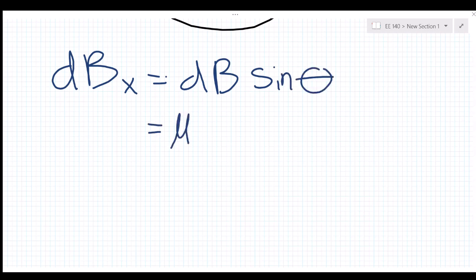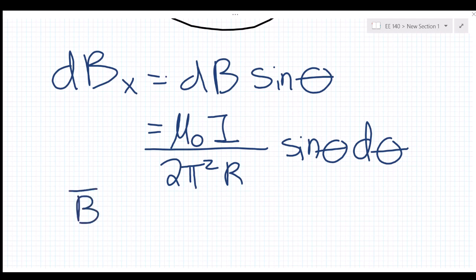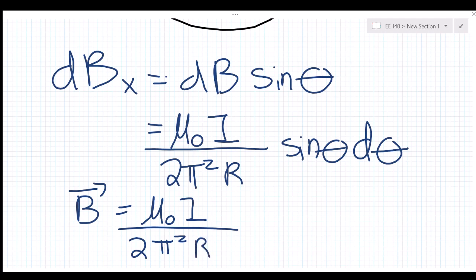We take our dB answer from the previous part, sine theta d theta. Now, integrating from 0 to pi of sine theta d theta,